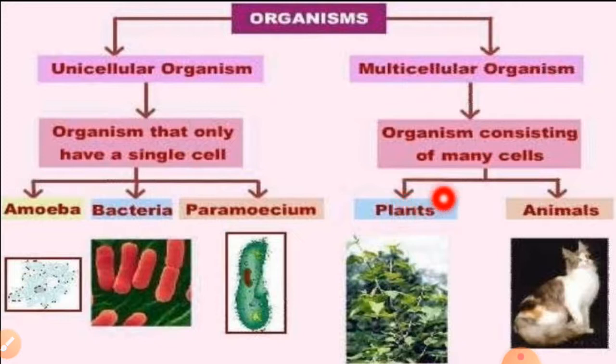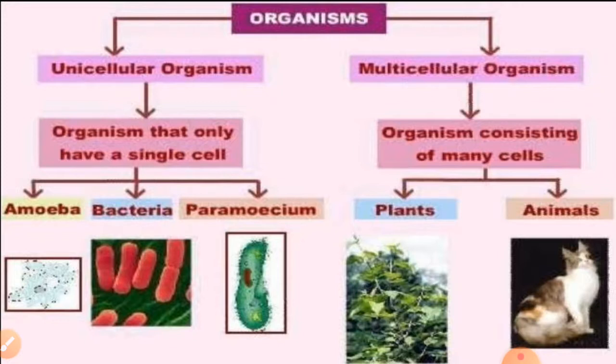Most plants and animals consist of several million cells. Our body also consists of cells. A smaller number of cells in a small organism does not affect the function of that organism. And cell size does not depend on the size of the organism. If an elephant is big, it is not required that the elephant's cells will be big. Sometimes small things contain a big cell.